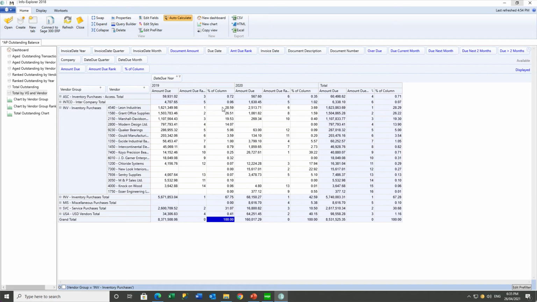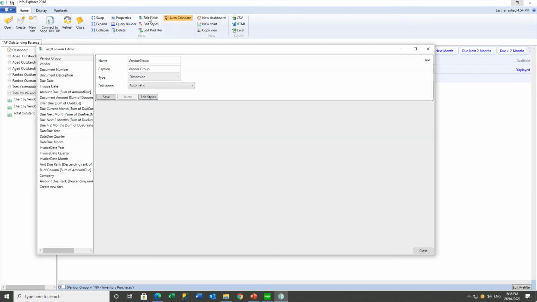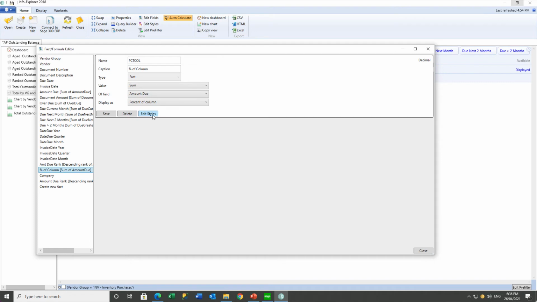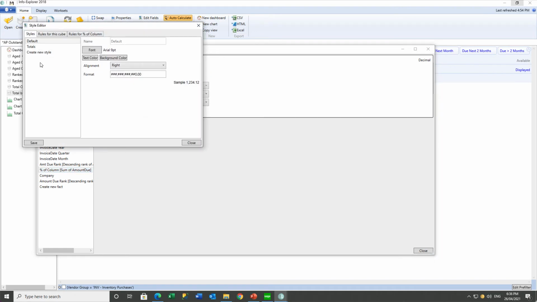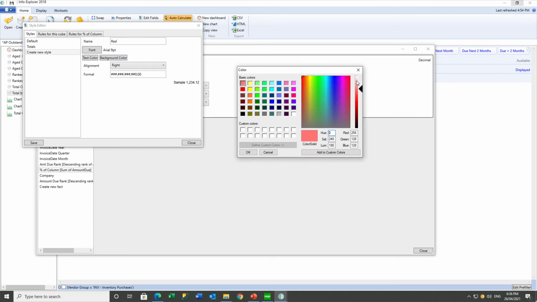And you can add formatting, both in terms of color and the number of decimal places that are displayed, by creating the style and applying it to the appropriate field. So if we want to have a new style on our percentage of column, we can create a new style, and we want to do conditional formatting on our percentage column, so we're going to create a red style,